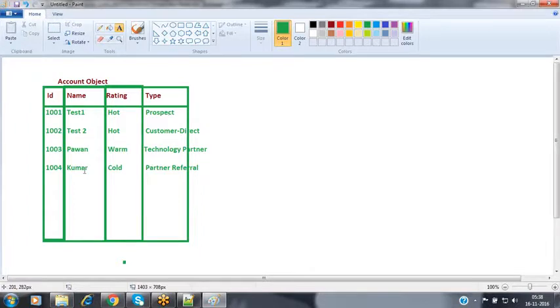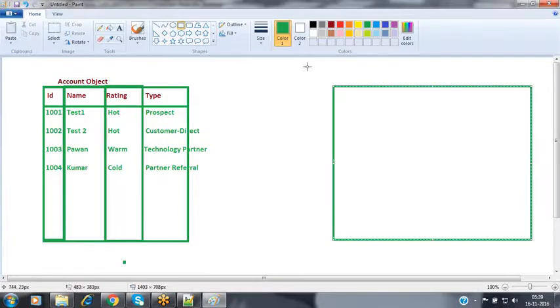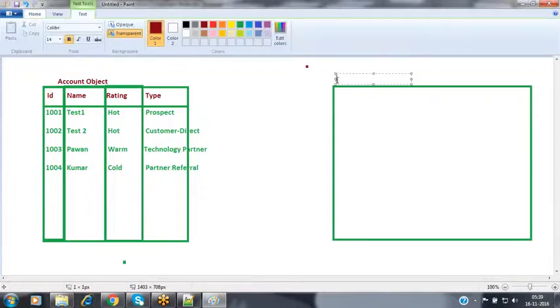These customers have visited our organization multiple times and have given us the opportunity to generate some revenue by purchasing some products. So now we have that opportunity object.